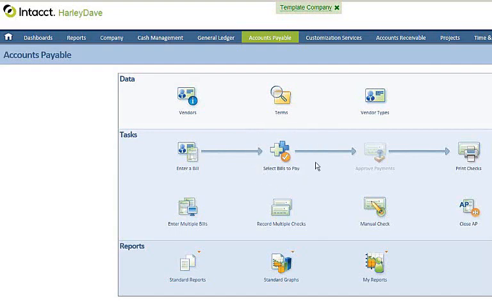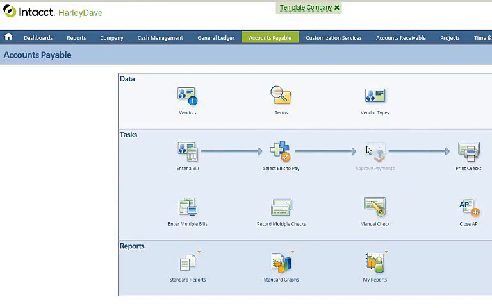The next step is then we're readying ourselves for selecting bills to pay. And when we select bills to pay, there's a filter screen that we use in order to select those bills that we are going to put in position to pay, whether it's checks, or ACH, or record transfer, or even perhaps if we're going to record a credit card payment against those. Either way, we go through and we make that selection here in this particular area. Now,